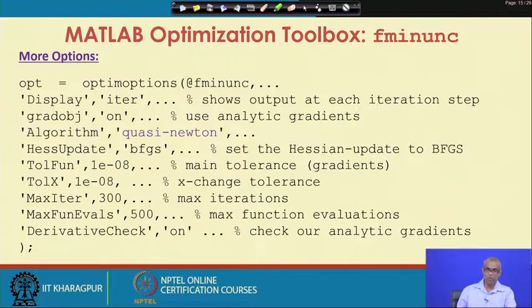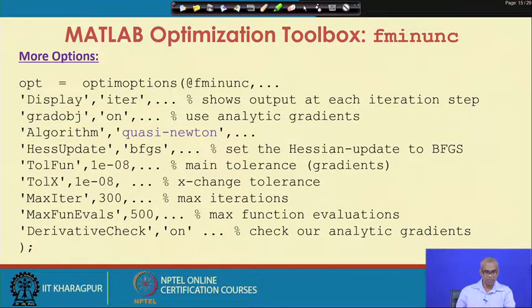We talked about the BFGS method, trust region method. Tolfun is the main tolerance for gradients. Tol x is the x change tolerance, where x is the solution vector.